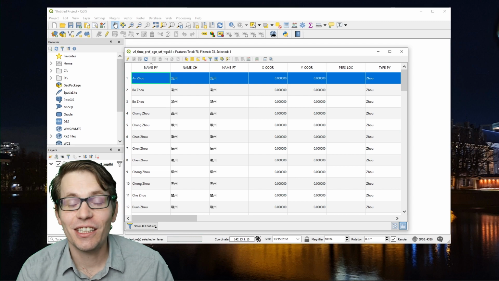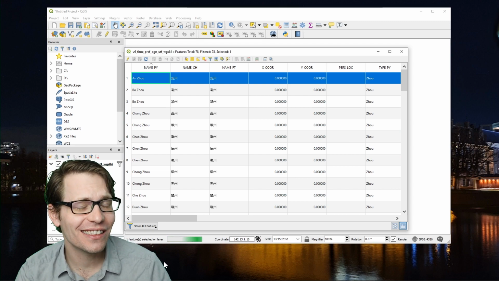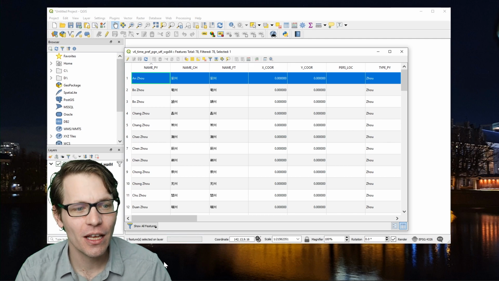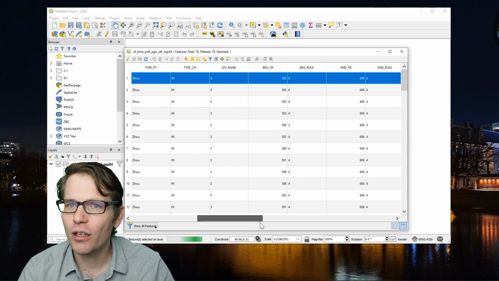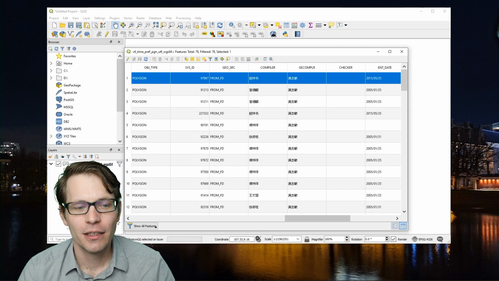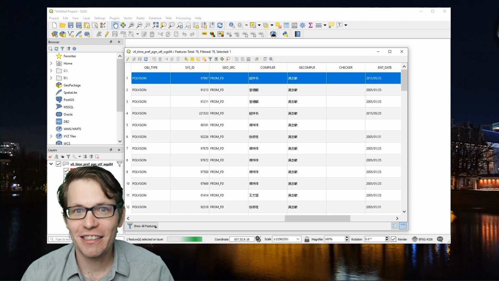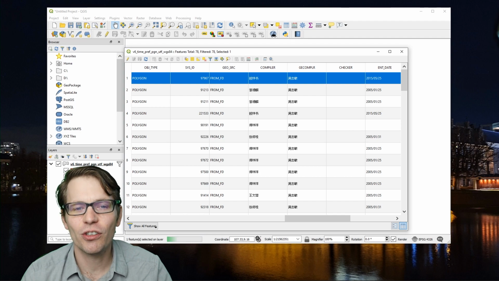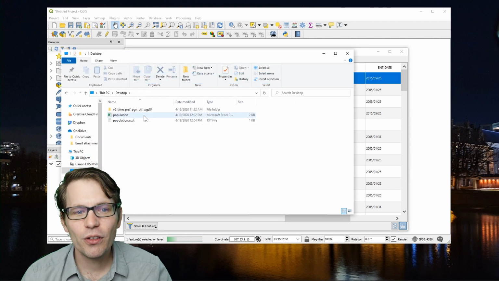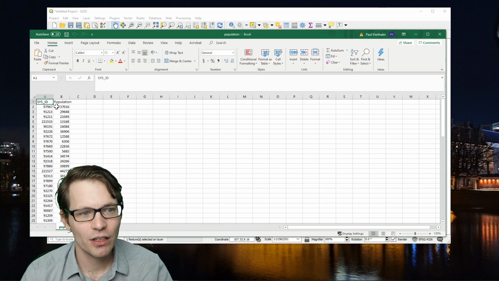So I can actually add data to this attribute table from a spreadsheet, although the process is slightly complicated. Let's imagine I have a spreadsheet that has population data for all of these jurisdictions. Well, I've just created a dummy data set that contains random population values for all 78 of these jurisdictions. I've saved it to a file that I've just called population, and if I open this, you can see that